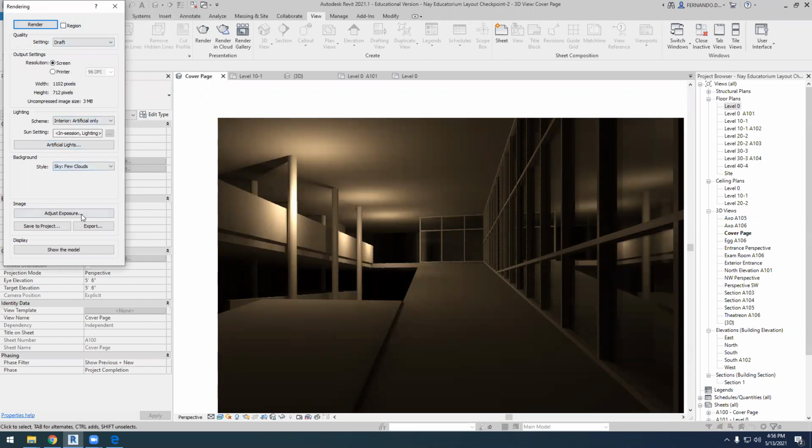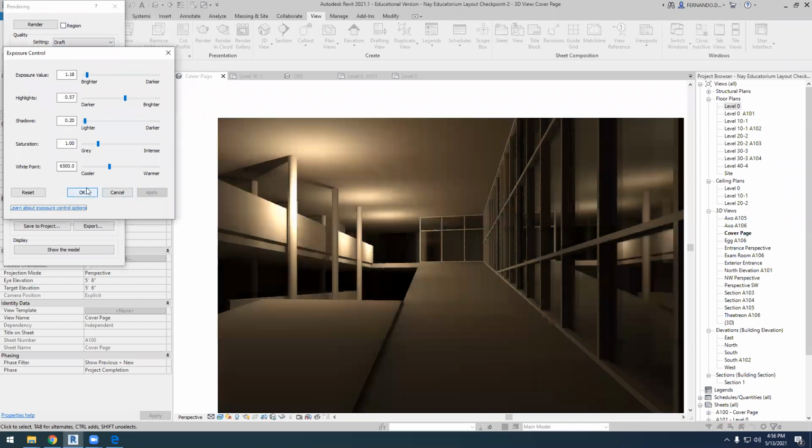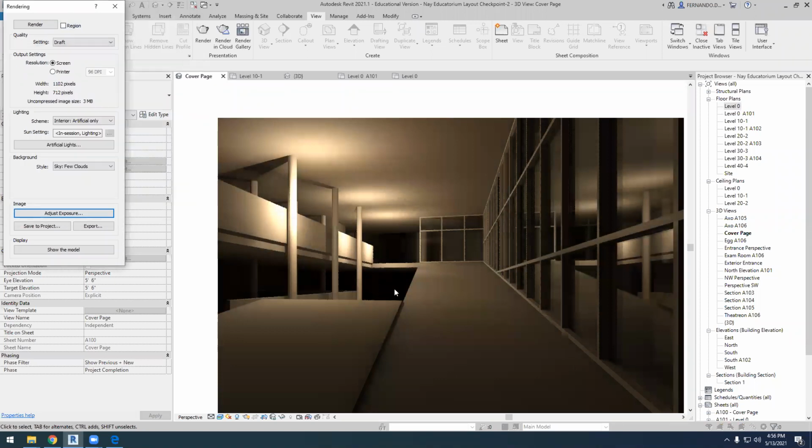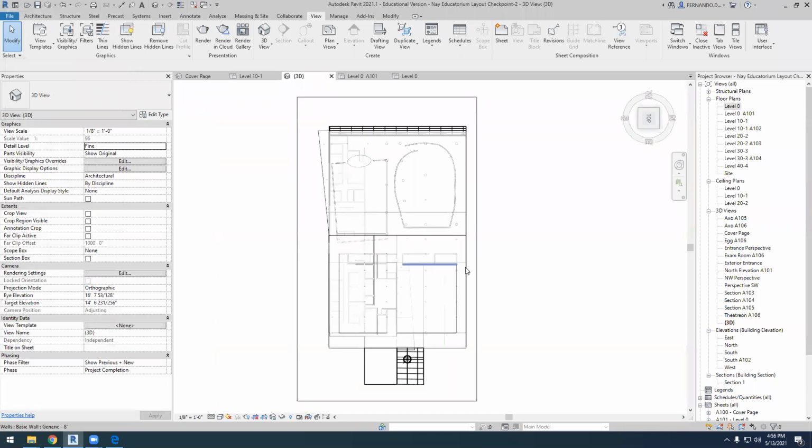And I'm going to adjust this. Okay, now what do I want? Imagine that I want to create light here in this level 0, but I don't want a light on this level 10. Okay, so this part of the building is operating and this part of the building is off and we don't have any light there. I can do that by working with the 3D view,